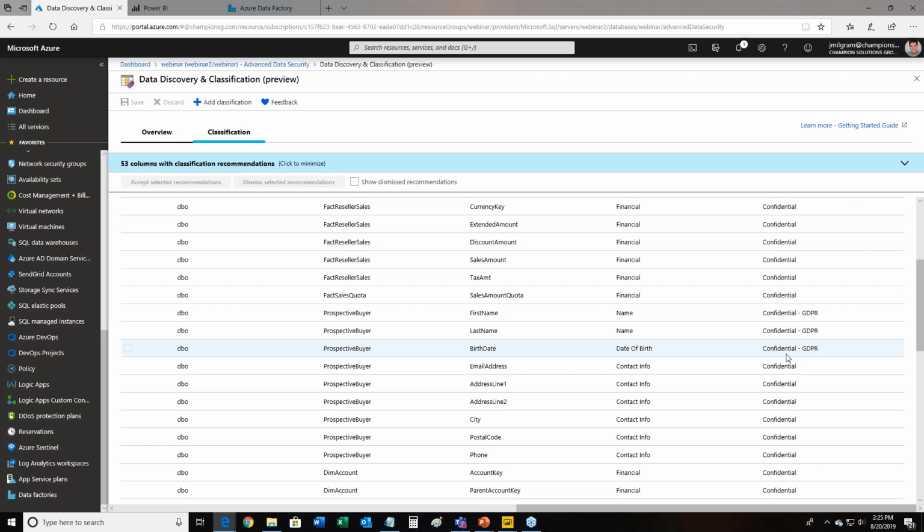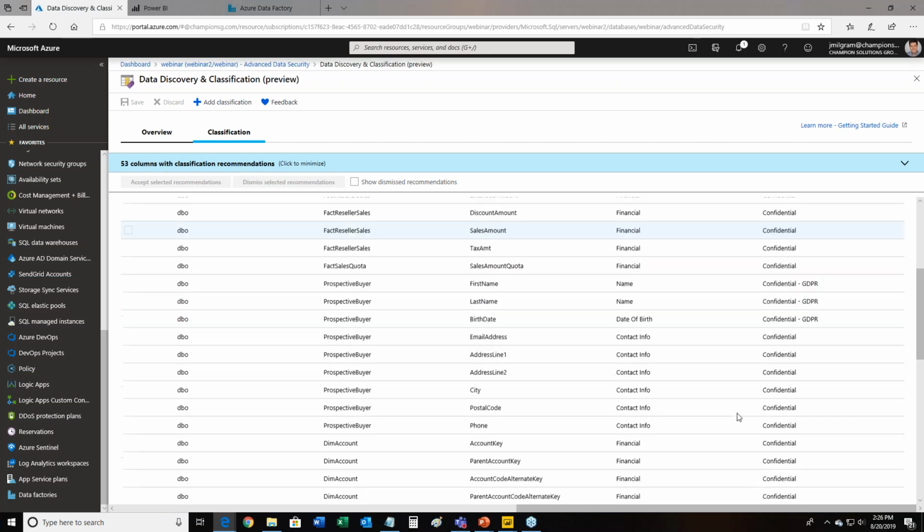And as I scroll down, notice it's saying, hey, this should be confidential GDPR. So this is helping me stay GDPR compliant, to become aware of data that I need to include in my documentation and processes. So very nice to have.